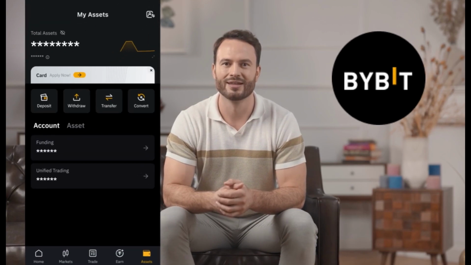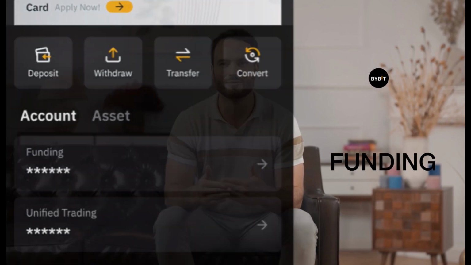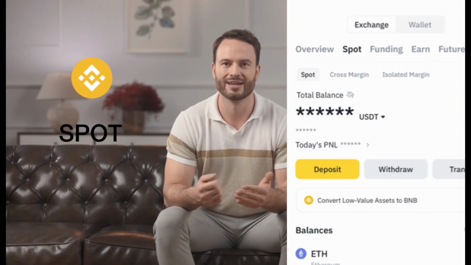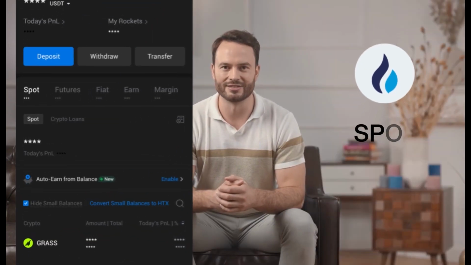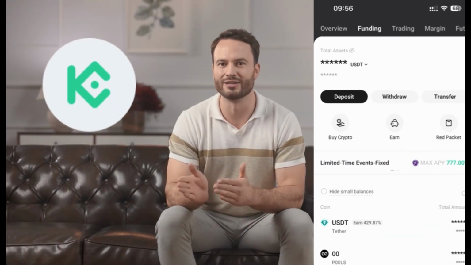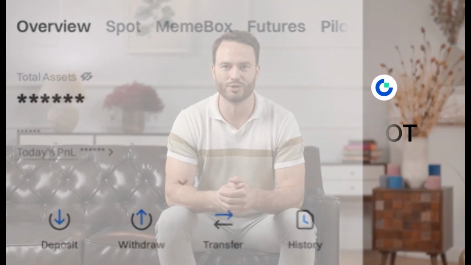If you haven't traded on an exchange yet and just deposited funds, they go into a special account. Each exchange may call it differently. On Bybit, it's called funding. On Binance, it's deposit or spot. On HTX, it's spot. On KuCoin, it's funding. On Gate, it's spot. Trading happens on the futures account for Gate, KuCoin, HTX, and Binance, and on the unified